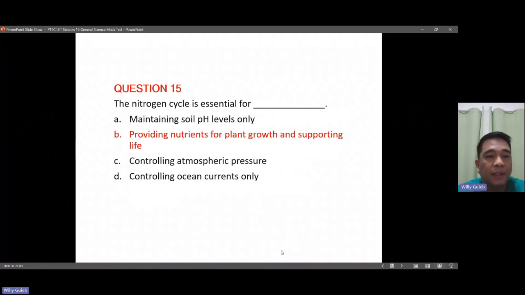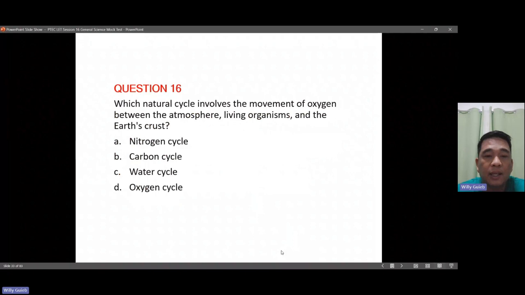You have to take note, mga kapitek, that the composition of our atmosphere is primarily made up of nitrogen. Nitrogen is the most abundant. But it cannot be readily used by plants or animals; rather, it has to be converted into another form so that it can be absorbed.